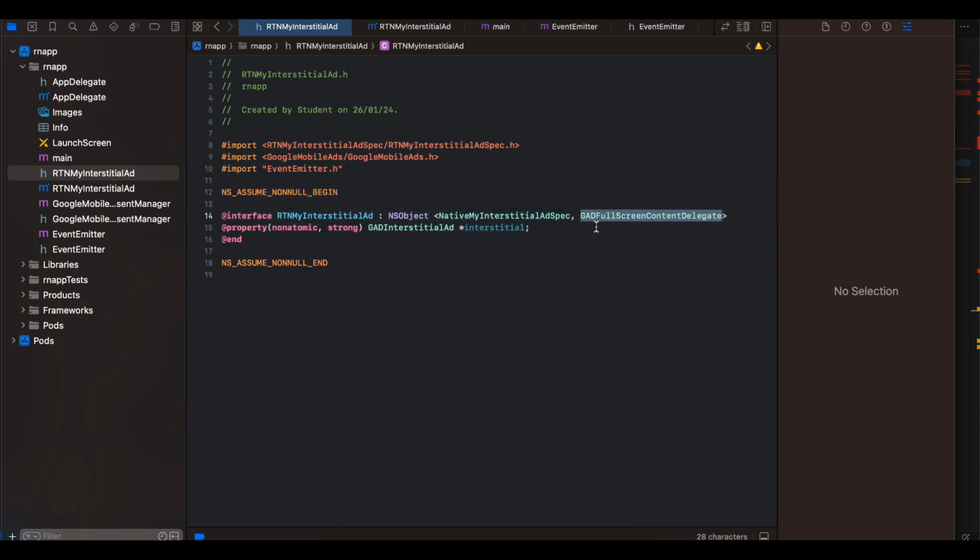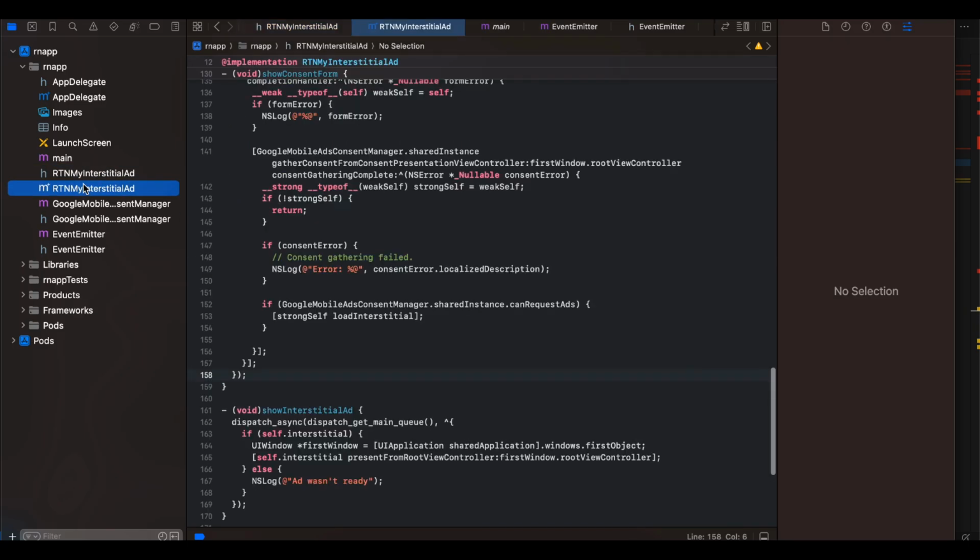So this extra thing has been imported from Google AdMob, and here we are creating our interstitial ad, but instead of the interstitial you can use a banner ad as well if you're interested. And we are just closing this. Next, we need to create an Objective-C file, but make sure you change the extension to .mm, which is an